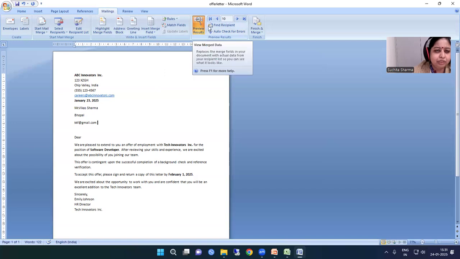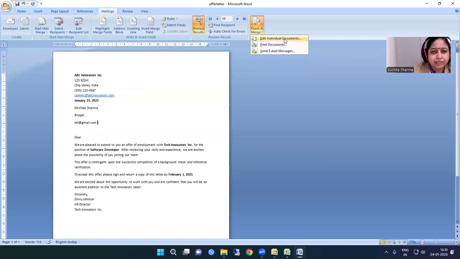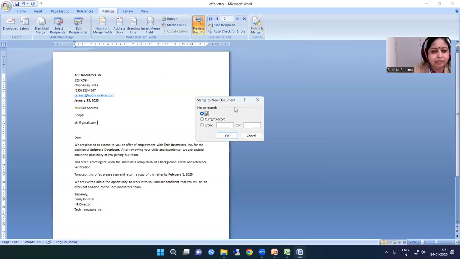After previewing the result, you just have to finish the merge. After clicking on the finish and merge option, three options will be given here: edit individual documents, print documents, send email messages. Edit individual documents means when you click on this, it will merge records as an individual record for all records.